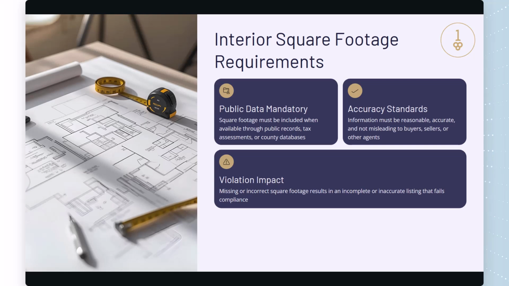If interior square footage is available through public records, and this would include tax assessments, county databases, or other official records, it must be included in the listing, obviously. If we have a new construction or a new build that may have some kind of upgrades that would increase the interior square footage, we may not be able to get that right on the nose, and that's okay. The square footage you enter must be reasonable, accurate, and not misleading. So estimates should be based on legitimate public information, not guesses, not inflated numbers. And if the square footage is missing or incorrect, the listing is considered incomplete or inaccurate, and therefore it is not compliant under Section